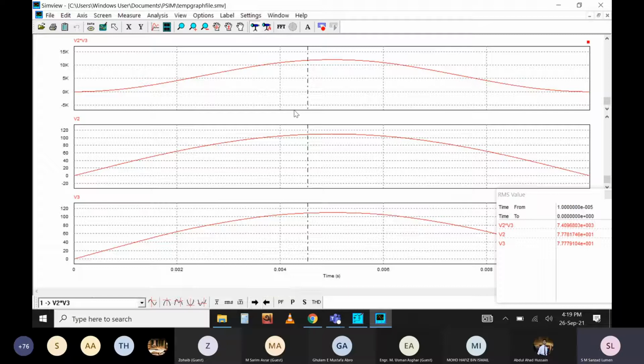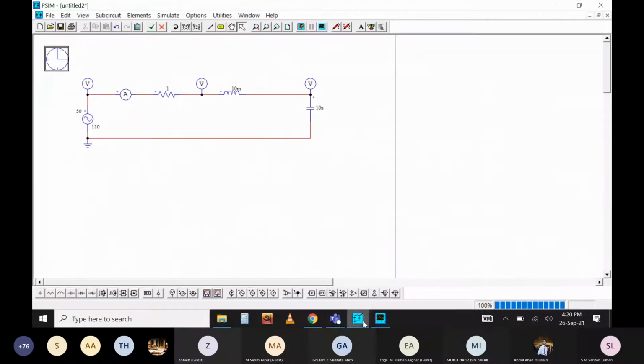Similarly, if you have the voltage and current source in a single graph, you can also calculate the power factor, the real power, the apparent power, and the total harmonic distortion as well. Later, I will try to demonstrate how to do that. So that being said, this is one way to find the simulation result.